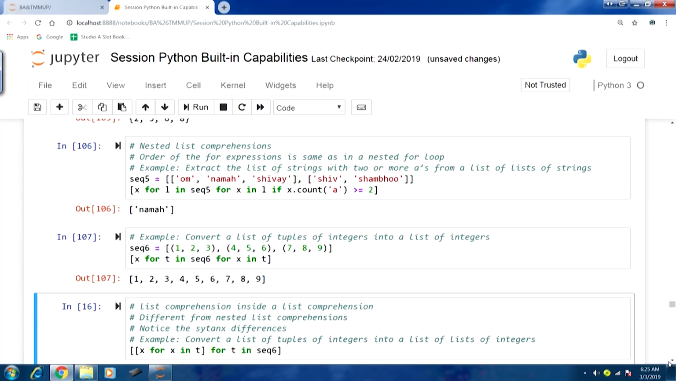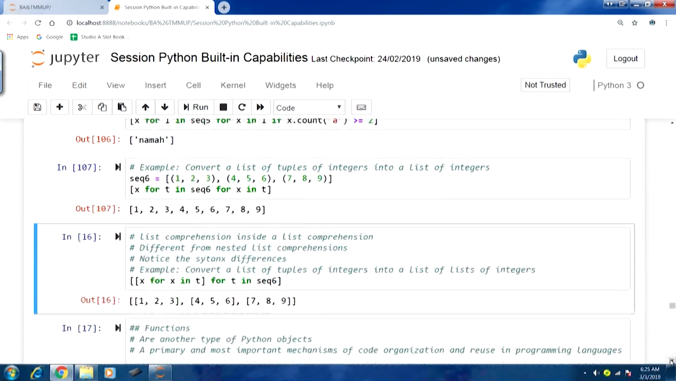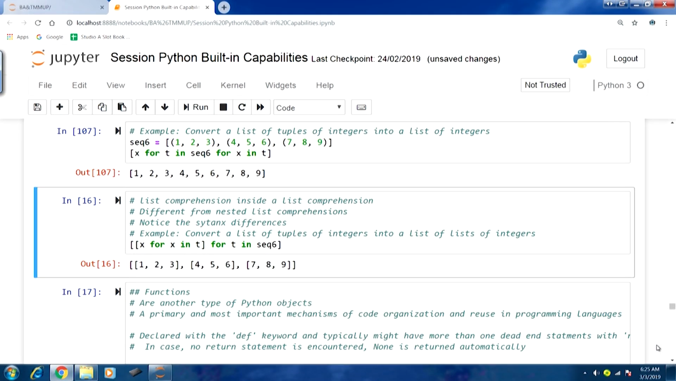Now, let us talk about another aspect that is related to list comprehension itself. Sometimes we might have a list comprehension inside a list comprehension. This is slightly different from when we talk about nested list comprehension. In the sense, the transformative expression that we might have could itself be a comprehension. So, we need to focus on the syntax differences here. For example, if we want to convert a list of tuples of integers to a list of lists of integers,